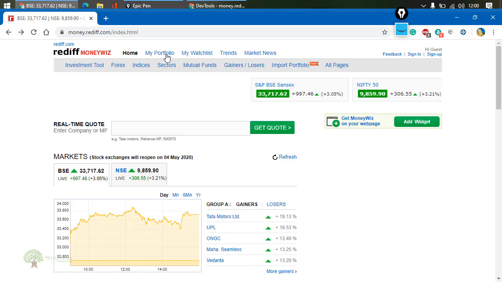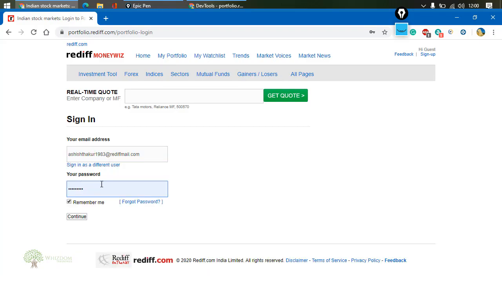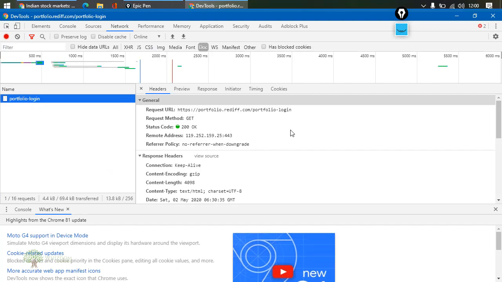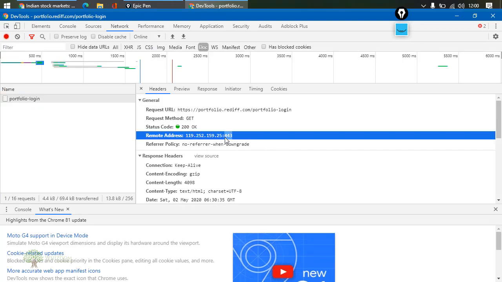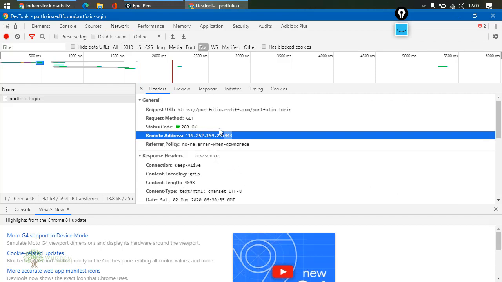What if I click on my portfolio, and here I provide some username, and click on continue. Now if you notice, portfolio login was the request. We had the remote address which had the port number 443. If we scroll down, we have a few other things as well, but it is not showing those things.